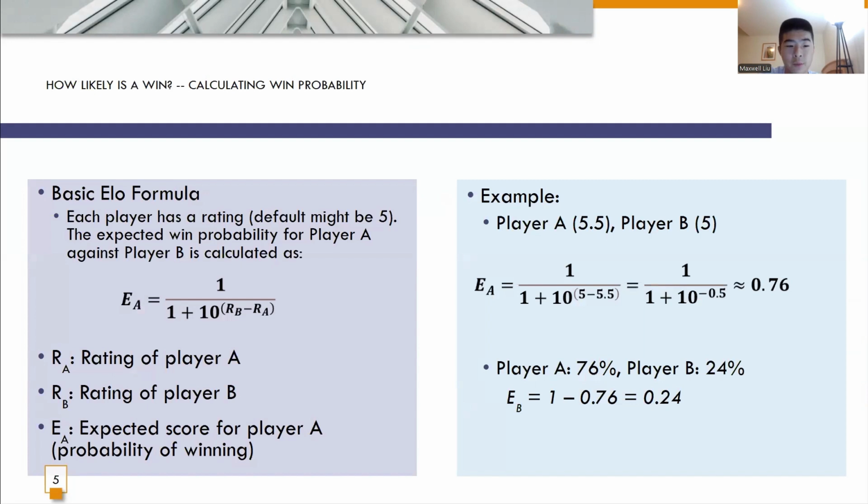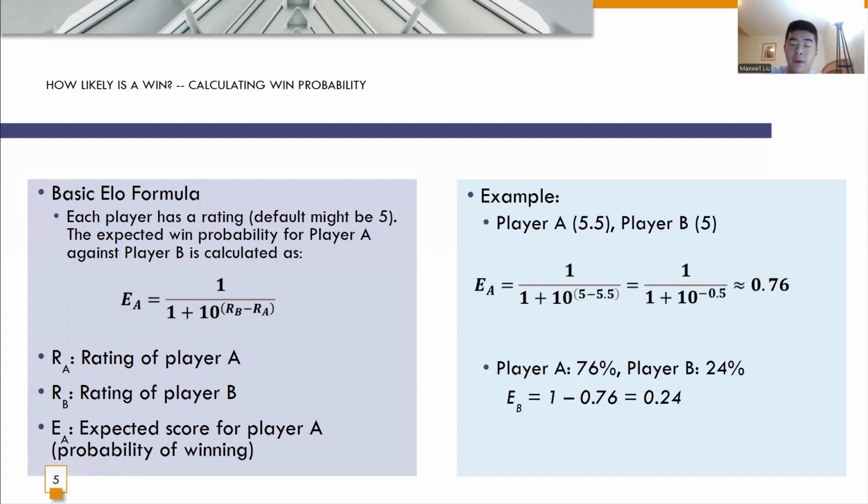So the basic ELO formula is each player has a rating. The default could be 5. We could set it to another default. But the expected win probability for player A against player B is E of A, which is the probability of winning percentage of player A. And this would be 1 over 1 plus 10 to the power of R of B minus R of A. And R of B is the rating of player B, and R of A is the rating of player A before